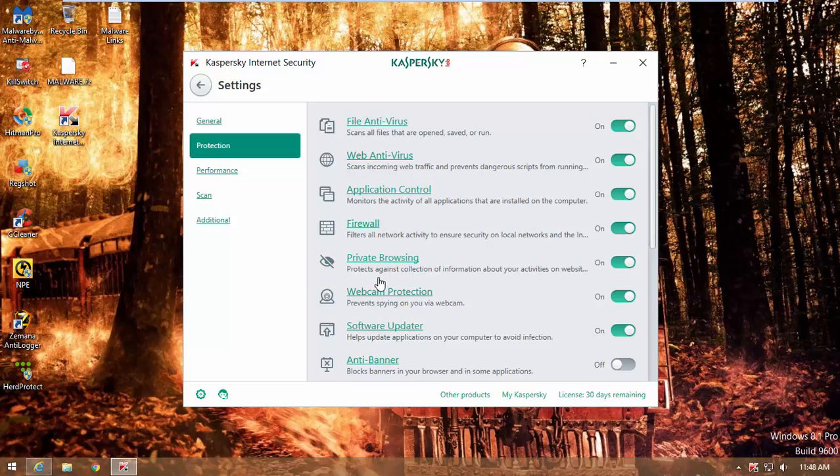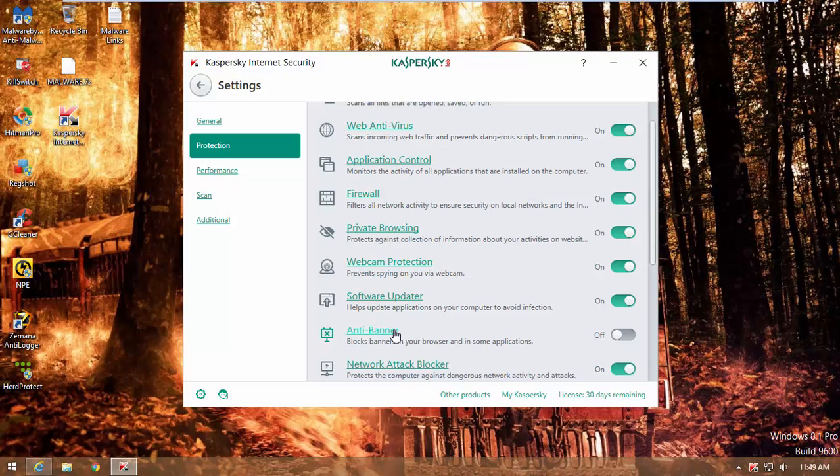Oh, so basically this protects against screen captures, and not like a recorder or something, but a type of malware that would just spy on you, like Windows 10. And then here's webcam protection, prevent spying on you via webcam. Software updater, anti-banner,